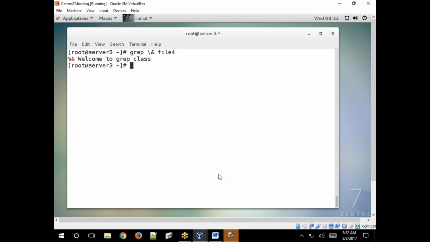Now we are only searching for a single pattern. So how to search for multiple patterns in a file or all the files? Already we know the options -r, -l, -L.